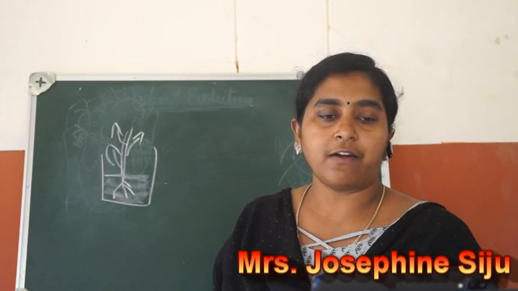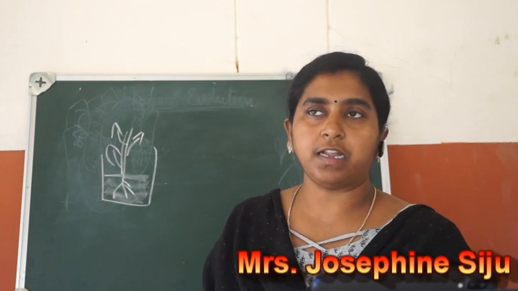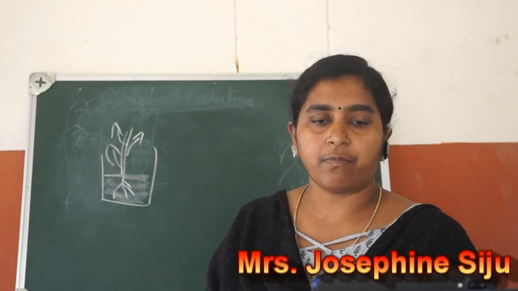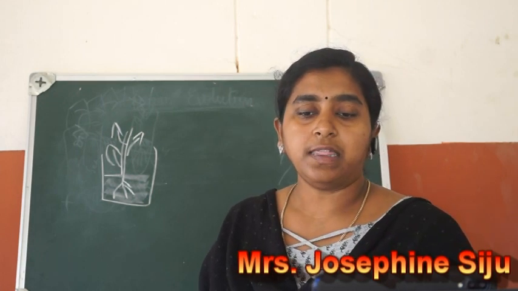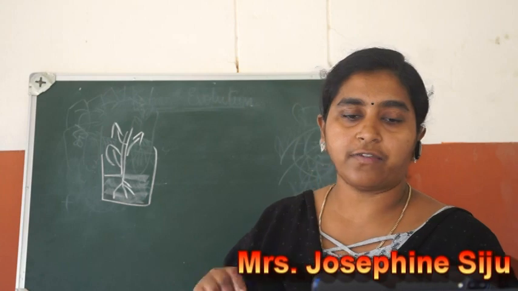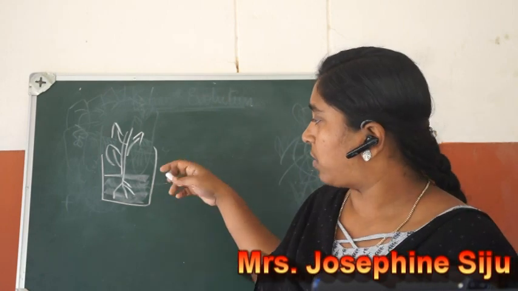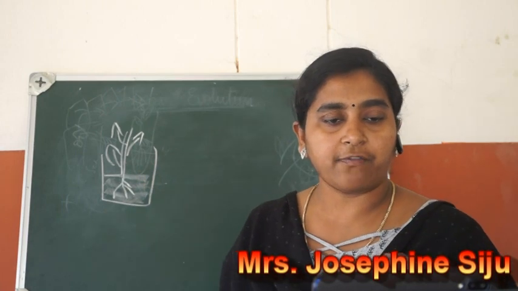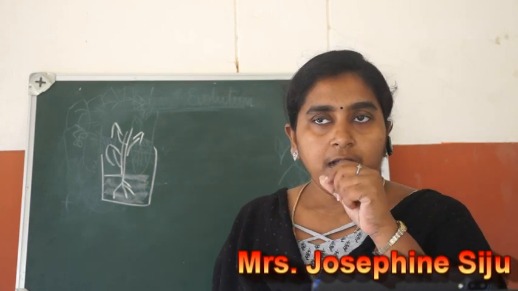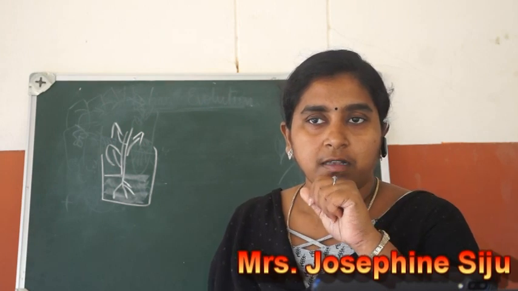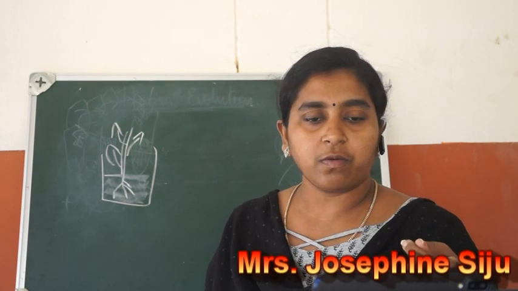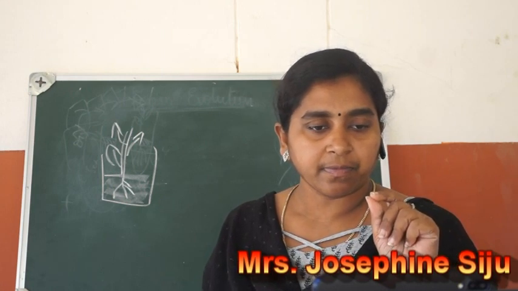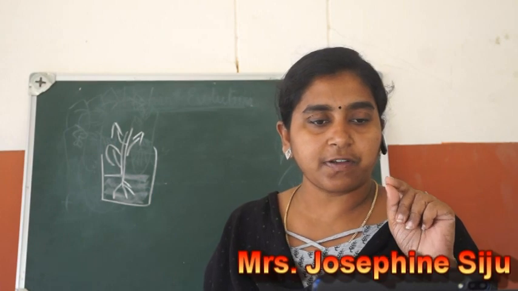At the end of this period, after these 3 to 4 hours, you take the plant and again wash it clearly with tap water. Why do you wash it before the experiment and after the experiment? Before the experiment you wash it. Why? Because roots will have a little amount of soil on them. Okay, so that is why you wash it.